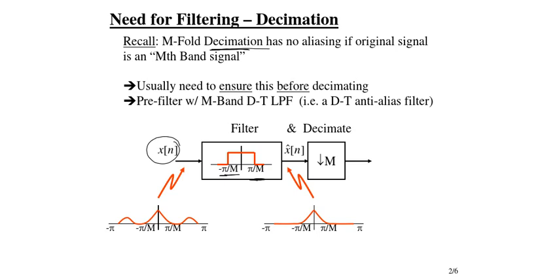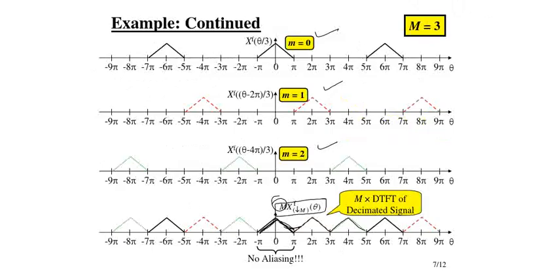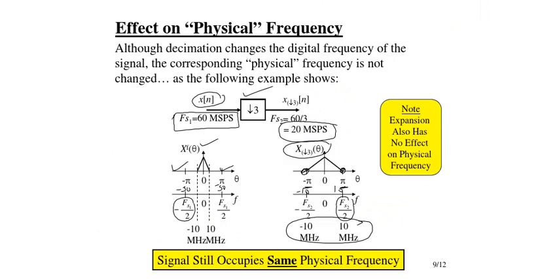After passing through this filter, we have limited the spectrum to between minus pi by M and pi by M, so that even if it is expanded, there is no problem. Expansion by 3 means we have to take replicas, n equals 1, n equals 2, and n equals 3, and add all three. When we add them, they should not interfere. So before interpolation we should ensure that the next replica falls after that particular interval. Otherwise there will definitely be aliasing.